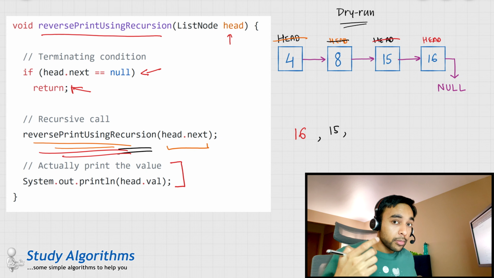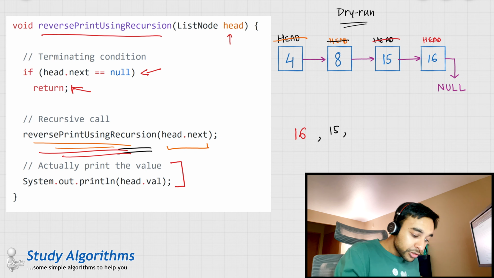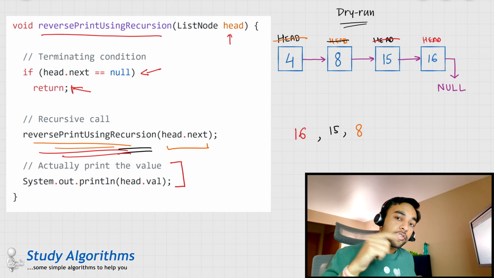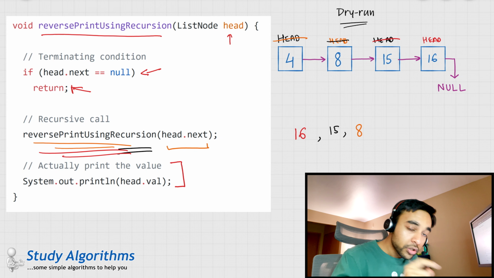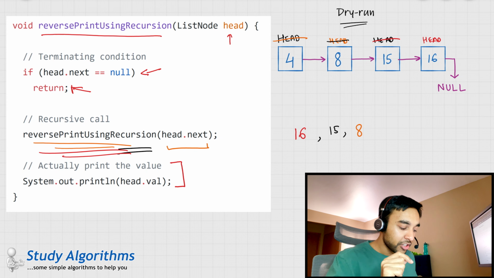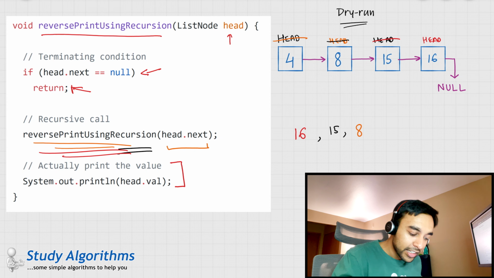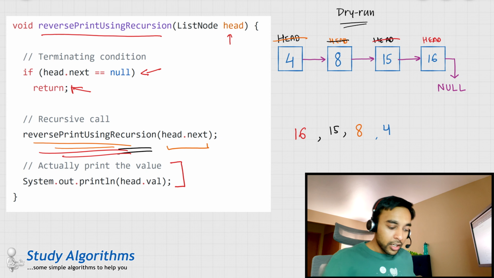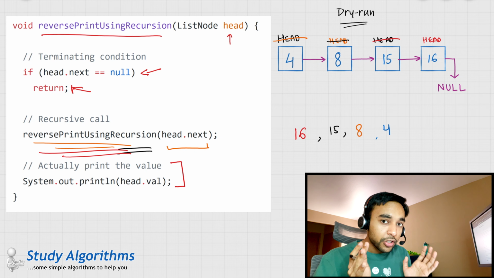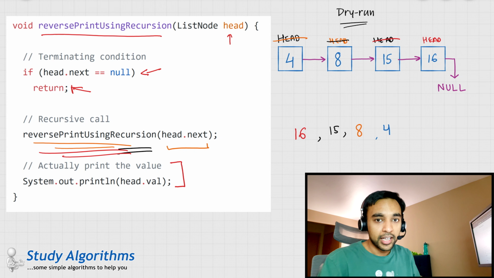Going ahead, you remember it got invoked with 8. So this time 8 would be printed on the screen. Once more, it will eventually return and it will go on to the original value that you called the function with. That was the original head and that is pointing at 4. So you see, this way we are able to print the list using a recursion based algorithmic paradigm.